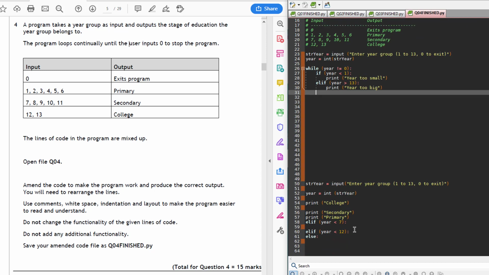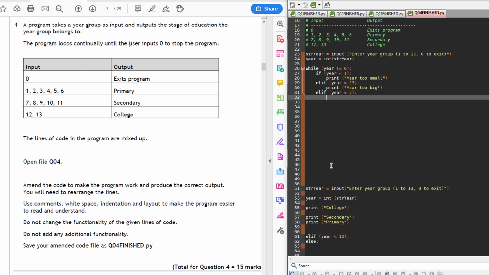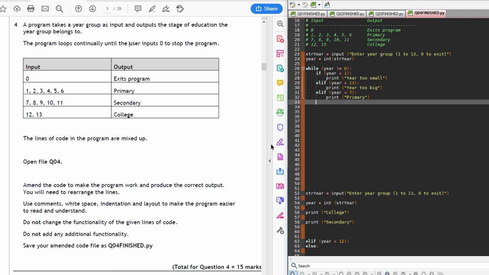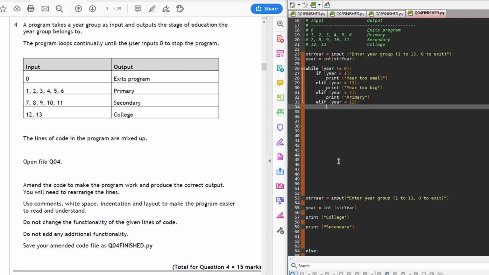So now if we go year less than 7, primary, less than 12, secondary,